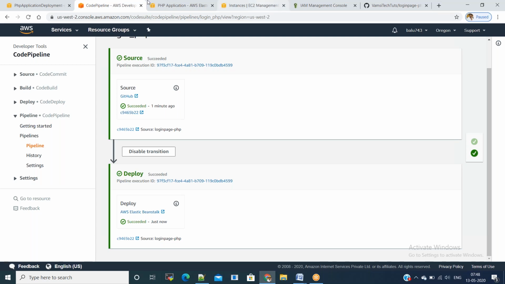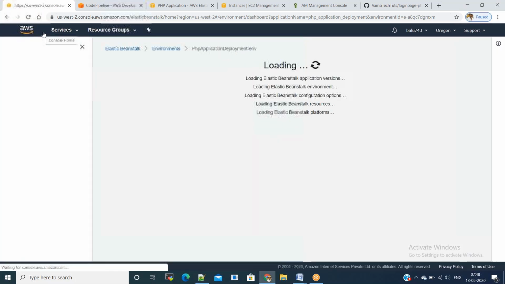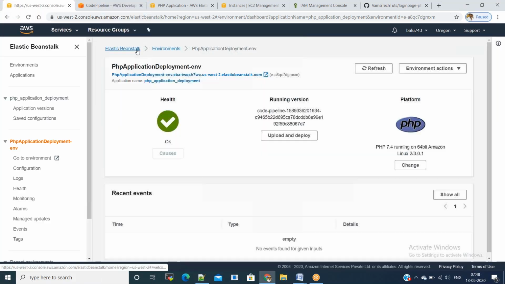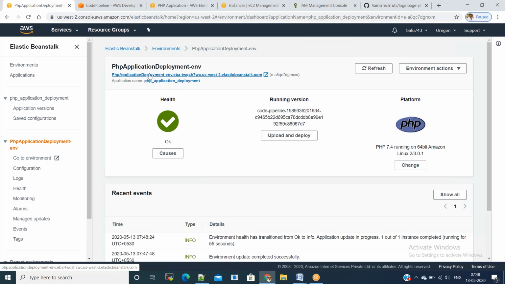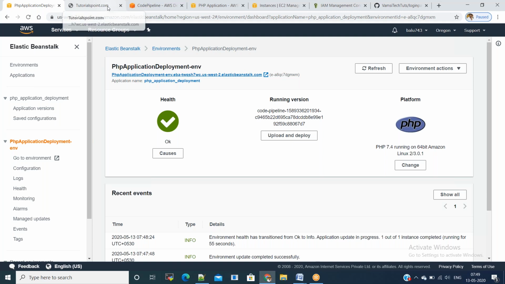Now we will go back to the Elastic Beanstalk environment URL and refresh the page. It should give us the index.php page content which we deployed some time back. Click on environments and click on the URL. See, we are able to see the website page which we created some time back. Okay, this is perfect. That means we are able to set up a CI/CD pipeline for a PHP application, and we have successfully deployed to Elastic Beanstalk using CodePipeline.